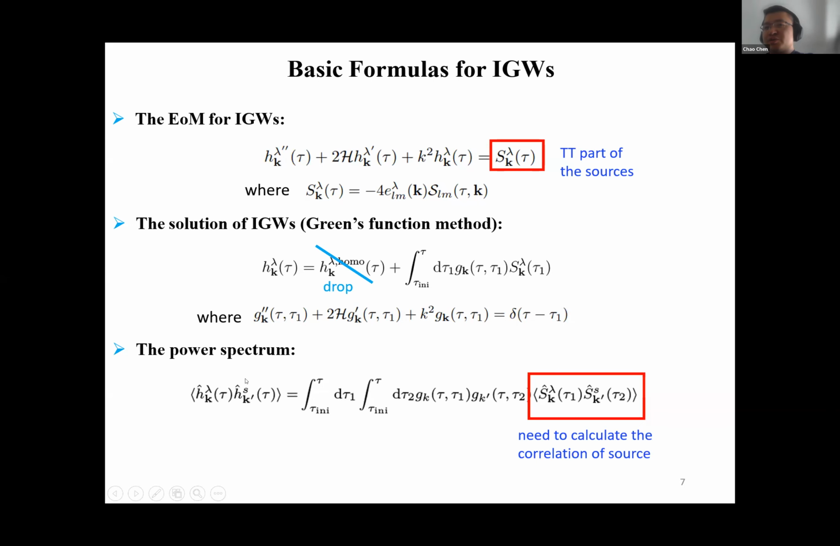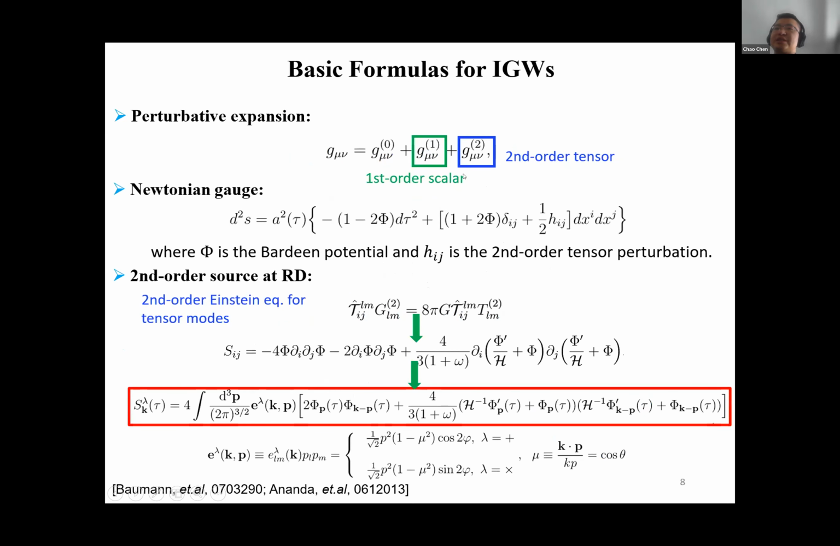It's the vacuum solution, so we don't focus on it. And we can calculate the two-point correlator for the induced gravitational wave, and it's expressed in this form. So if you have the source, you calculate the source correlator, and you will get the induced gravitational wave spectrum. For different sources, you can calculate the different signals of induced gravitational waves. So here we focus on the radiation domination epoch. The first step is to expand the metric up to the second order. For the first order, we only have the first order scalar perturbation, and at the second order, we only consider